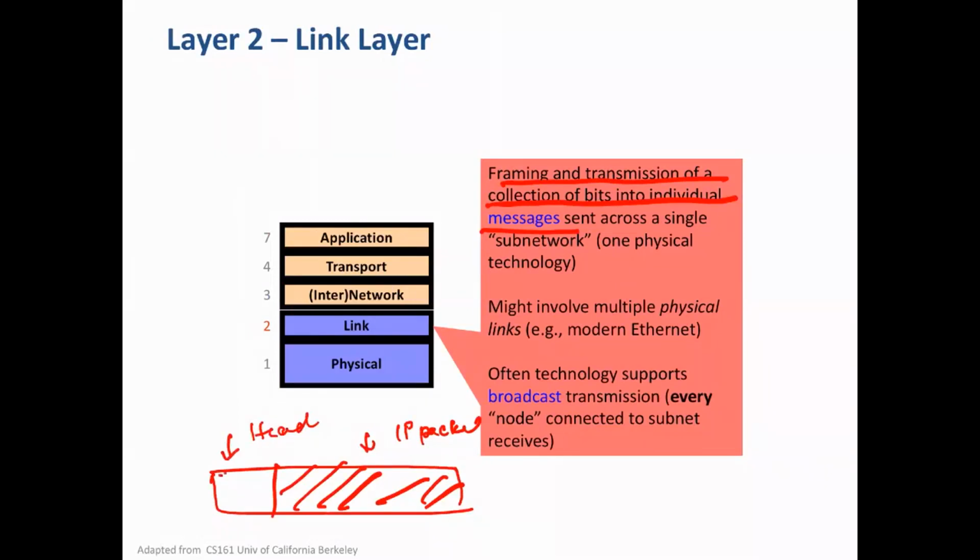So the header will contain source address, destination address. Now it will also have some characteristics like, how do we synchronize the clock when the packet reaches the other end, right? So some extra signals are also there, and also in case some bits have gone bad, it may have a CRC, cyclic redundancy check,